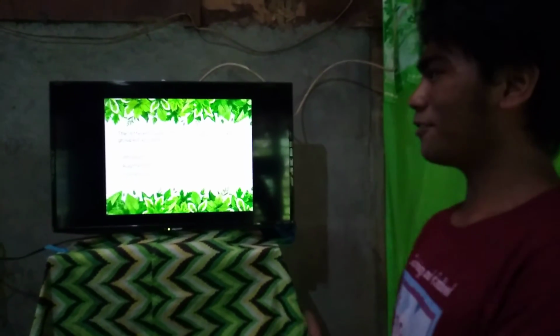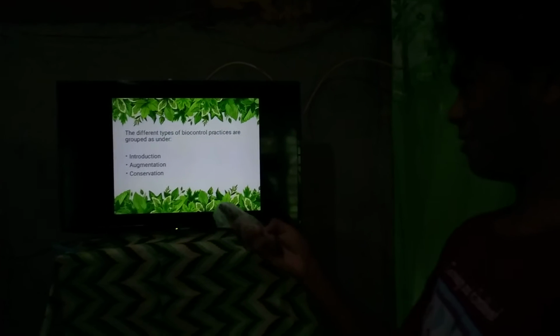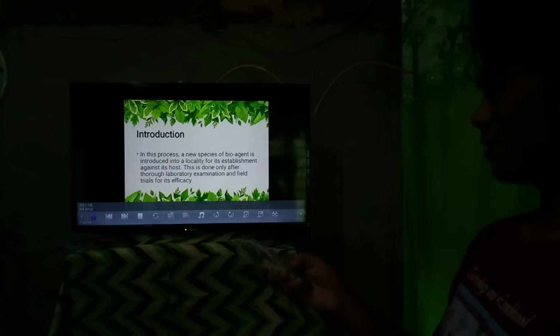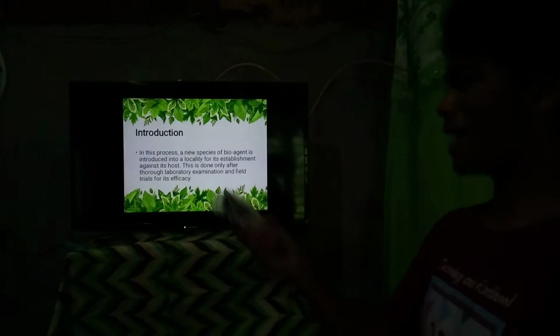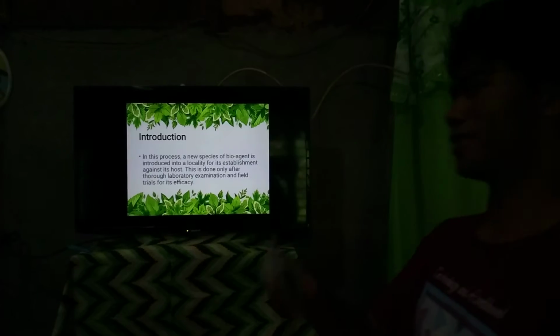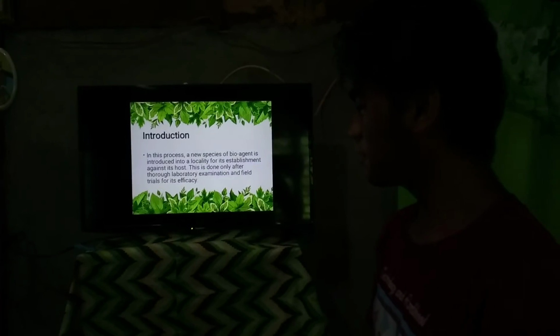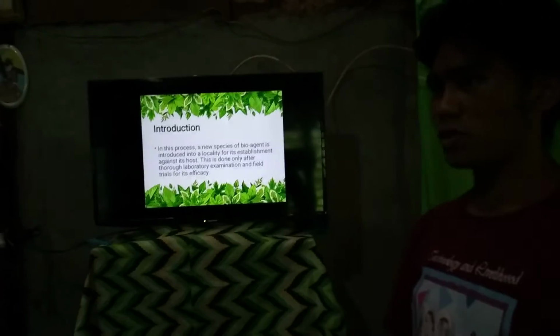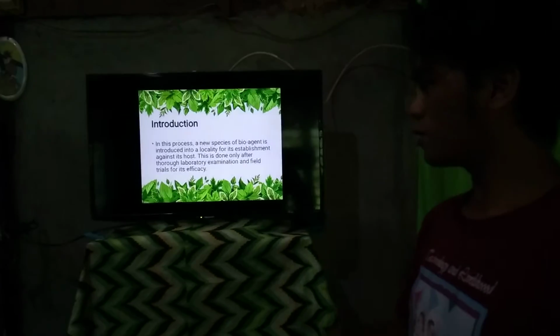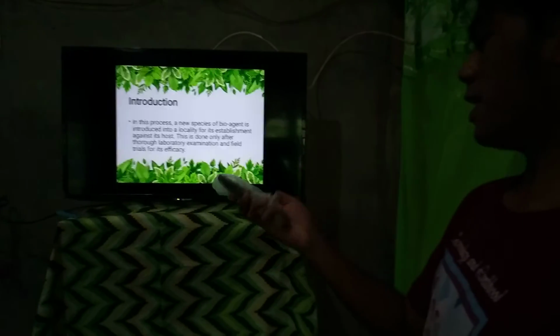So let's proceed to the different types of biocontrol practices, which are grouped as introduction, augmentation, and conservation. What is introduction? In this process, a new species of bioagent is introduced into a locality for its establishment against its hosts. This is done only after thorough laboratory examinations and field trials for its efficacy. So they are going to have a new species so that it can be beneficial and can be used. So next,